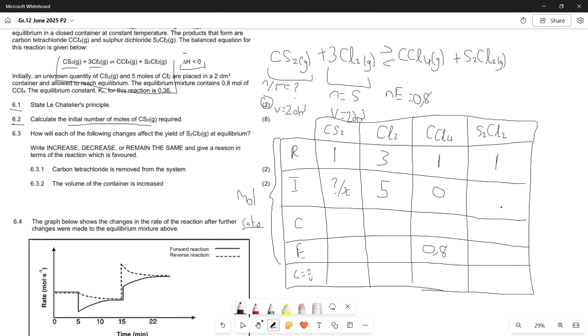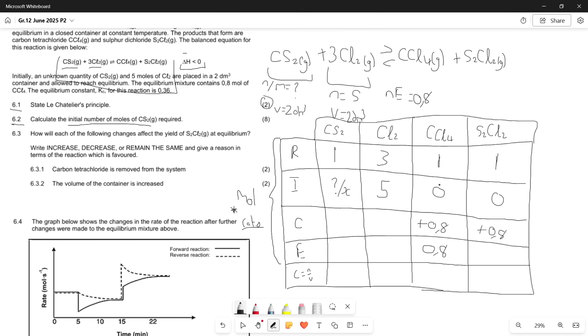which means we can just put 0 over here and 0 over there, which means at this stage what we're looking for is our change, and the only thing that we have an initial and an equilibrium for is our CCl4, which means we see that we changed by a positive 0.8 from nothing being here to us having 0.8 moles over here. And this change is the most important because everything changes in a similar ratio, which means that if this guy had a 1 and there was no mole and then it changed by 0.8, it means that this guy also has a 1 for its ratio,